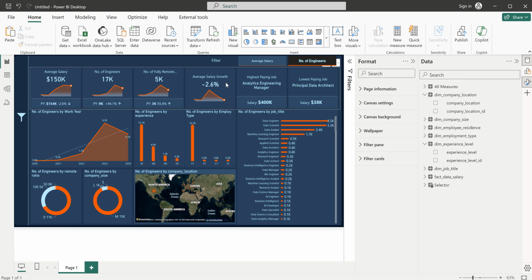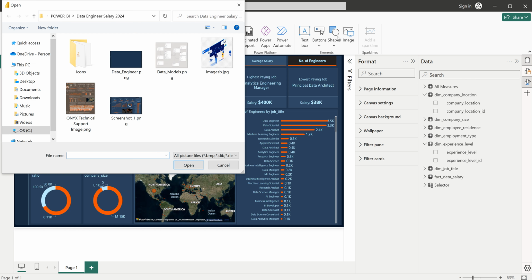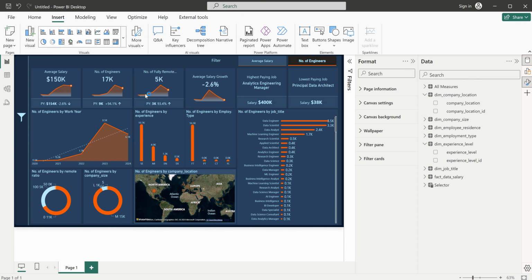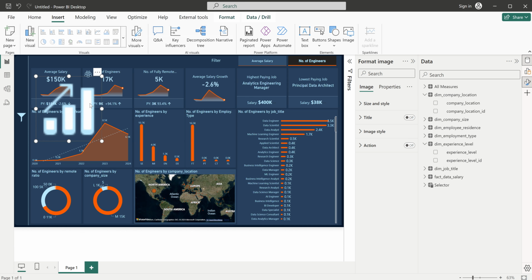Now let's bring in our icons. Okay, so, but before then, okay, let's just bring in our icon. So let's go to insert, image. Number one, I'll go to icon, drop this here. It's bringing group, so I can put that here. Number of engineers, add another image, salary group,